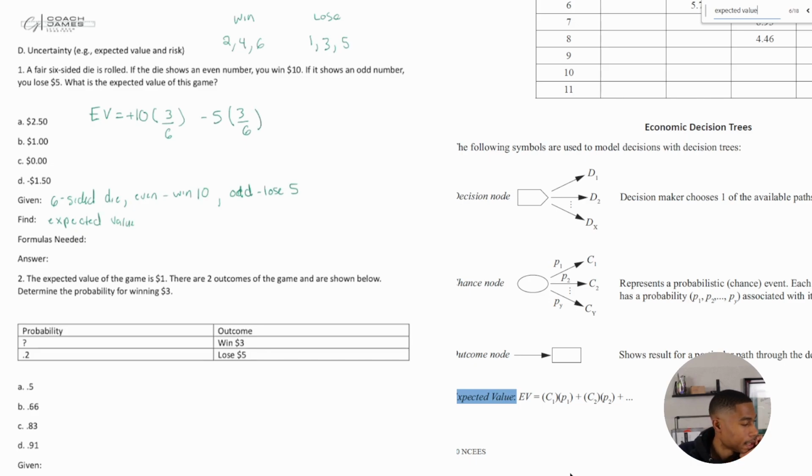All right, so when I solve for this, the expected value is equal to $2.50. Right. I wish they went into more detail to be able to better understand that, but for this problem,